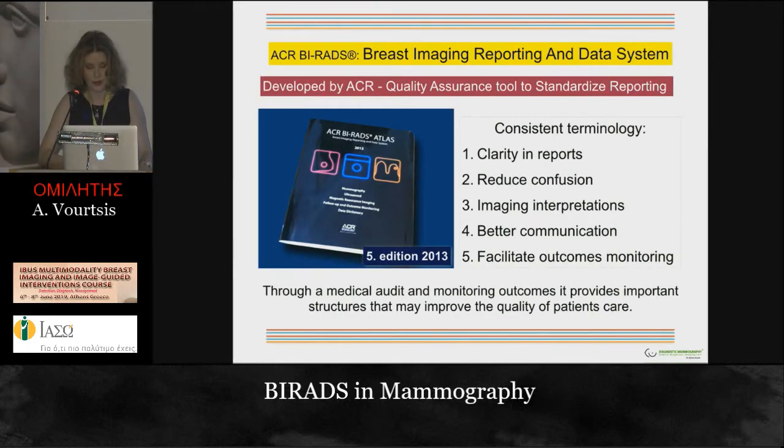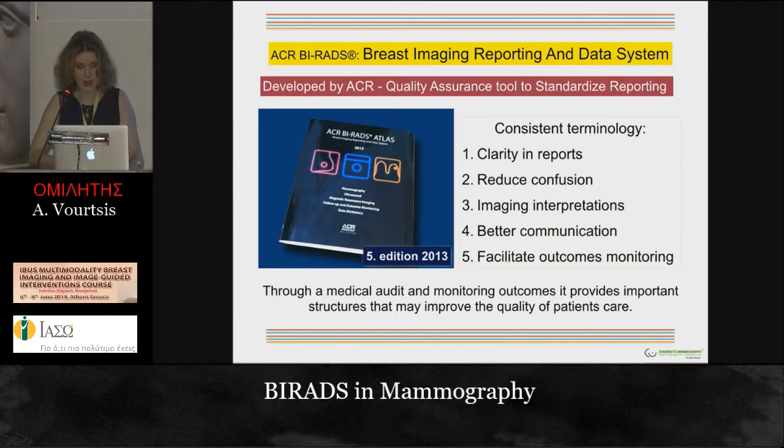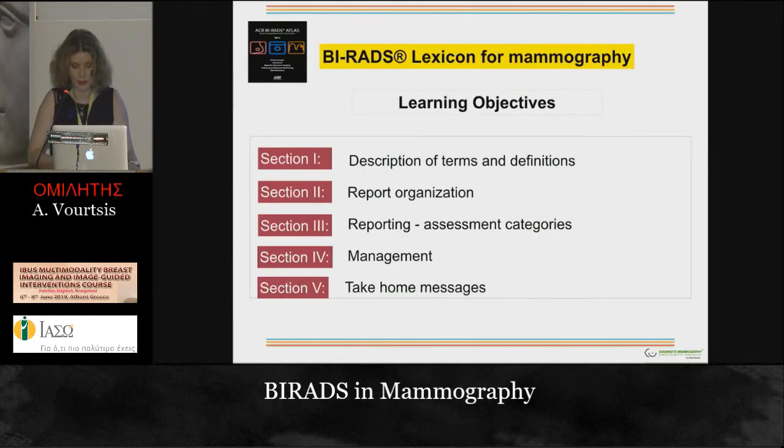In order to keep clarity in our reports, the ACR BI-RADS has been developed, which is a quality assurance tool to standardize reporting, in order to reduce confusion in imaging interpretation, to have better communication among radiologists as well as with the clinicians, and also to facilitate outcomes monitoring. The learning objectives of my lecture are to present the description of terms and definitions, the report organization. I will talk about the reporting assessment categories, about the management, and I'll close with take-home